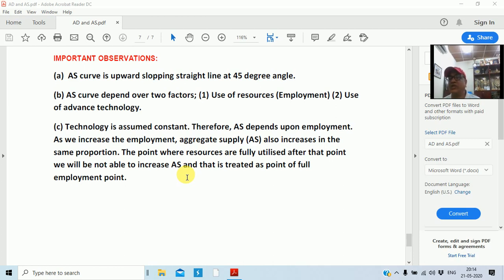Now in the next session we will be directly going for the determination of the equilibrium level of income, employment and output through aggregate demand and aggregate supply. In this you are able to understand what is aggregate demand, how we develop a schedule, how we get the aggregate demand curve, what is aggregate supply, how we develop the schedule, and how we develop the aggregate supply curve. So this material you have, and next we'll be working over the determination.